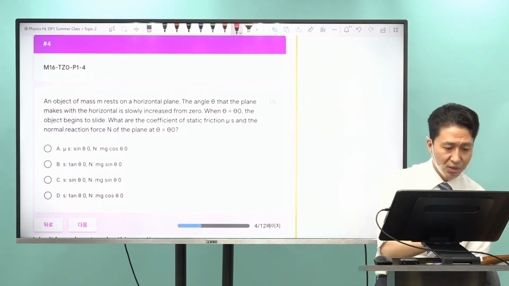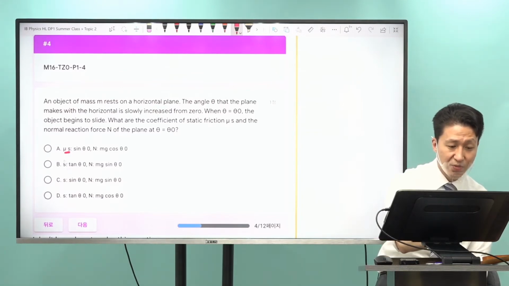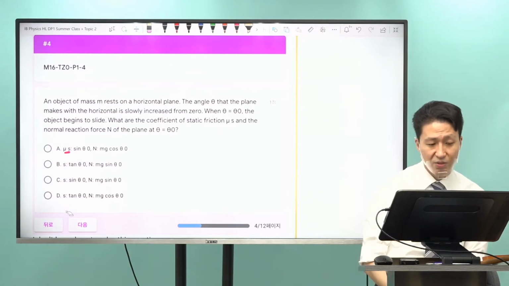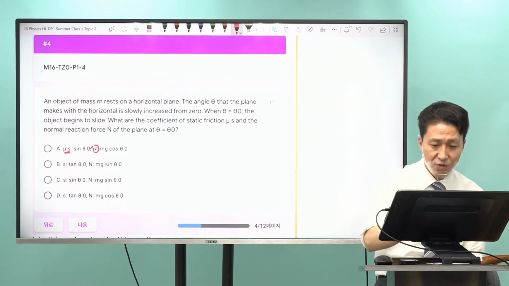Well, okay, so you have several options. You have the coefficient of static friction. This should also be mu s. They got cut off, right? These are all the coefficient of static frictions. N's are the normal forces. So if you draw these,